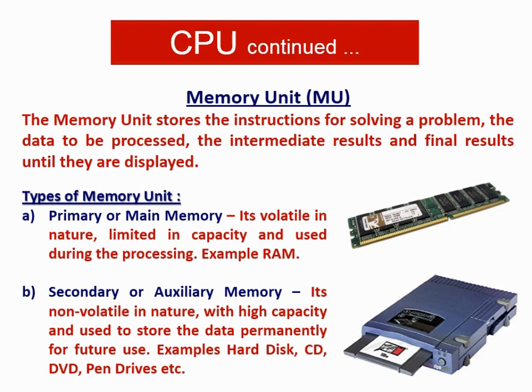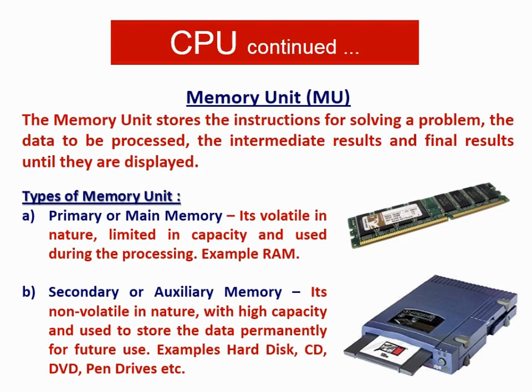Now it has high capacity, quite higher than RAM. RAM normally we have maximum 1 GB, and we can extend it to 4, 6 and so on. But nowadays the capacity of secondary memory is quite high, it has gone up to terabytes. Anyway, that is not part of the discussion right now. As I've told you, it stores the data permanently for future use. So you can save your data and later on you can extract it. Examples are hard disk, CD, DVD, pen drive, as I've told you earlier.